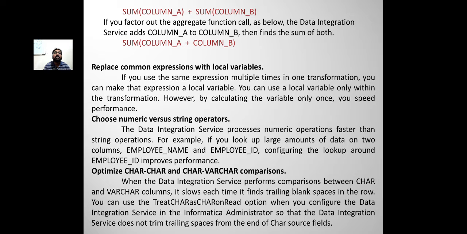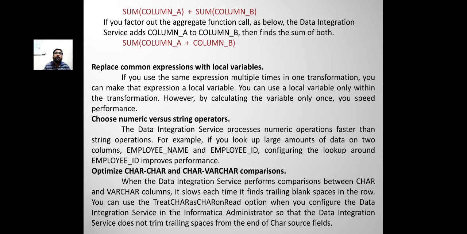Replace common expressions with local variables. If you use the same expression multiple times in one transformation, you can make that expression a local variable. You can use a local variable only within the transformation. However, by calculating the variable only once, you speed performance.